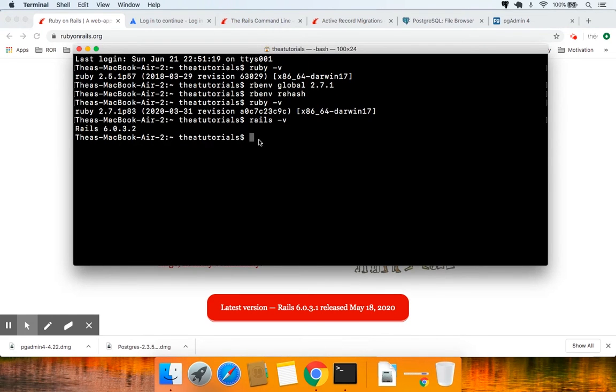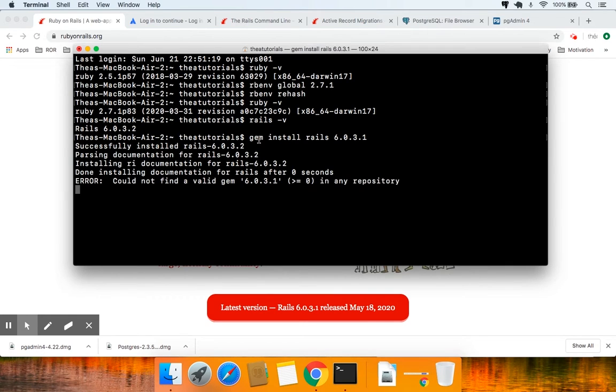so let's do a gem install rails 6.0.3.1. So I'm just gonna run that, and I'm sorry, I know you guys are in the correct version and I'm not. Sorry, could not find a valid gem 6.0.3.2. That doesn't make any sense. Why is it doing that? I'm not sure why this is happening, but